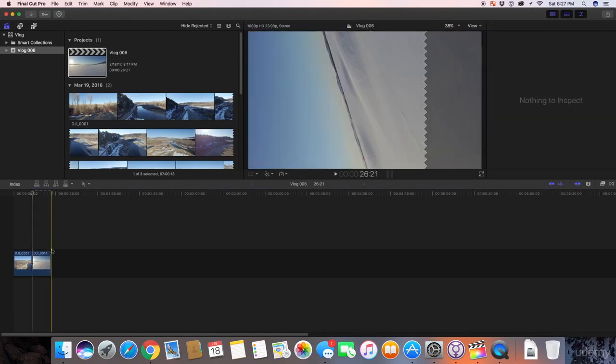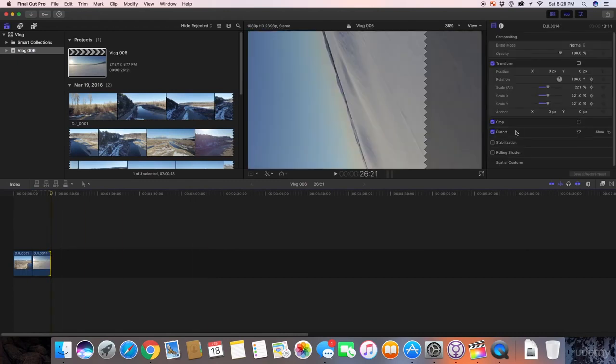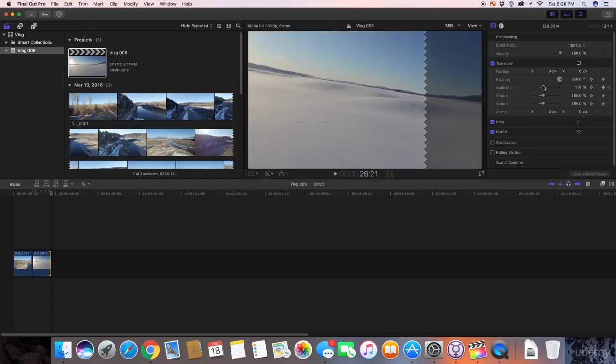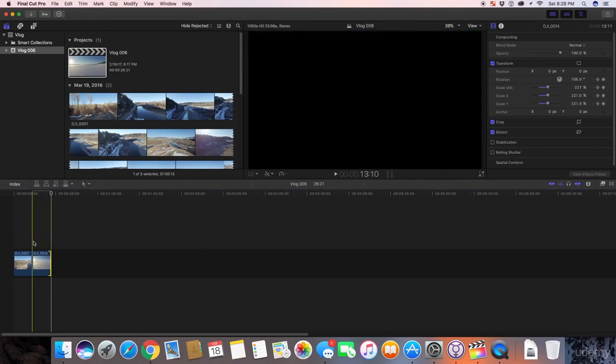And then I'm going to go to the same thing, go to the end and change my rotation. And then we can actually zoom back out until the edges are close, and that will preserve resolution. Now when you play this one back, you'll see